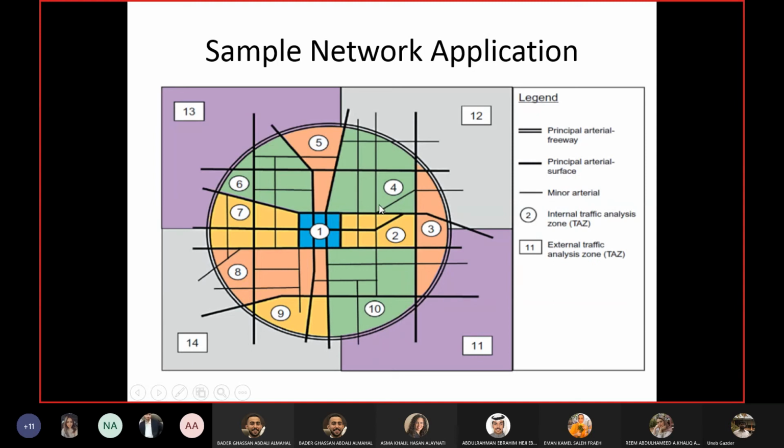Obviously, this map is for estimating the number of trips, or working with the number of trips. So at this point, we don't need a detailed map of the highways in this area. We are not designing the highways. We are doing planning for the whole area itself, so we don't need the details of the highways.